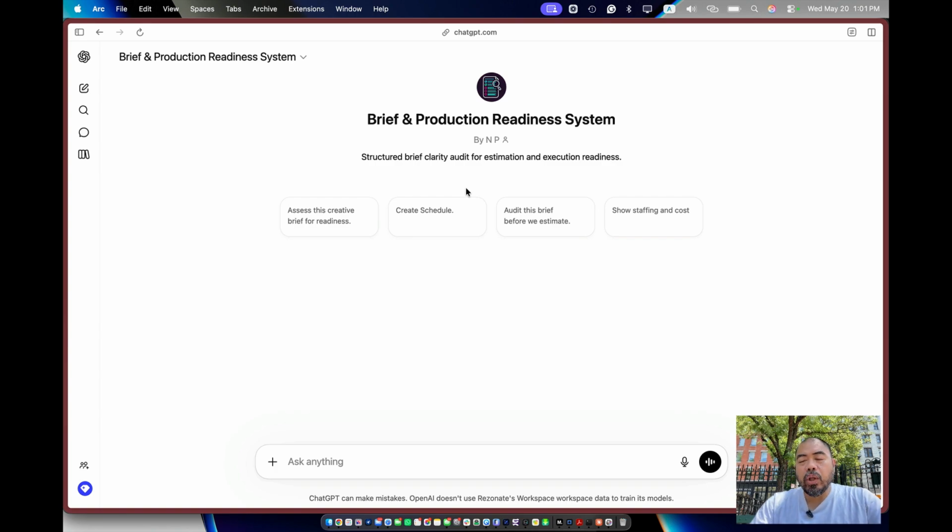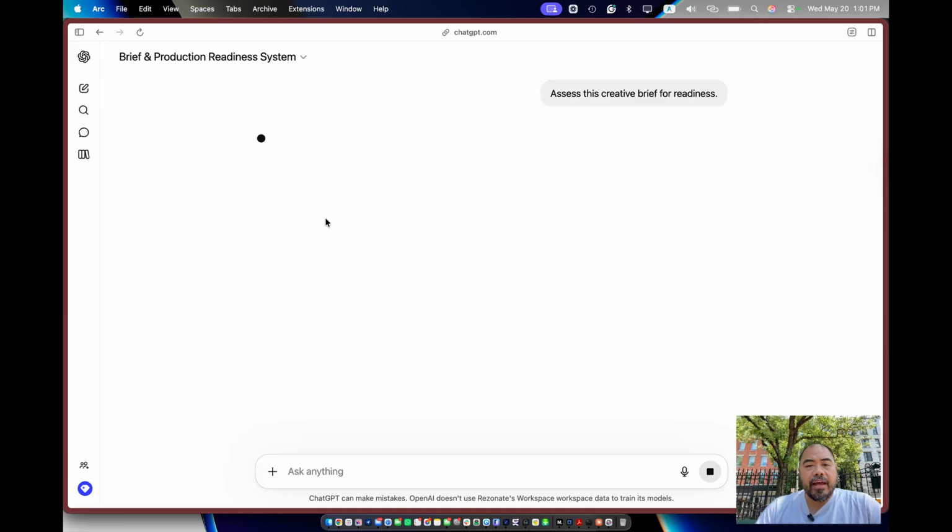Here's a quick little brief run through on how the system works. So after launching the GPT, if you get a brief, let's say from your client, whether it's an email or something they typed up, or even a PDF, the first thing I would do is click on this thing: assess this created brief for readiness. When you click on that,